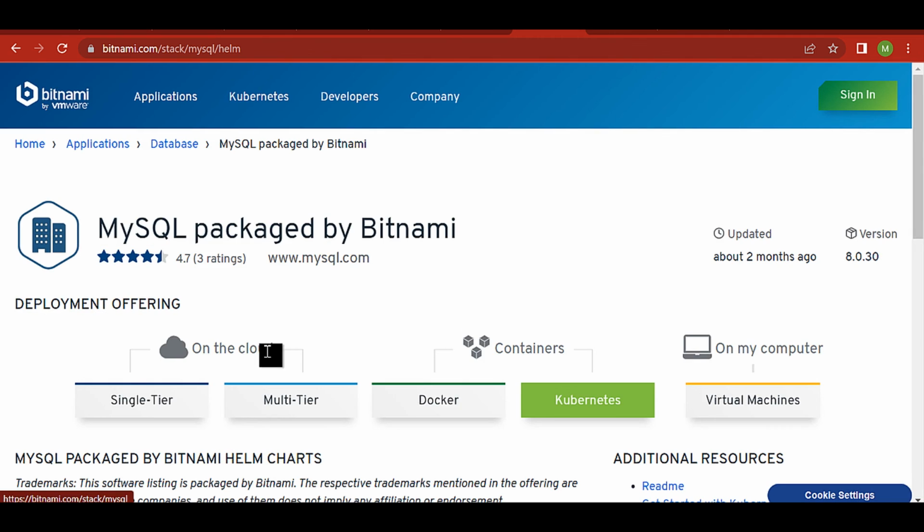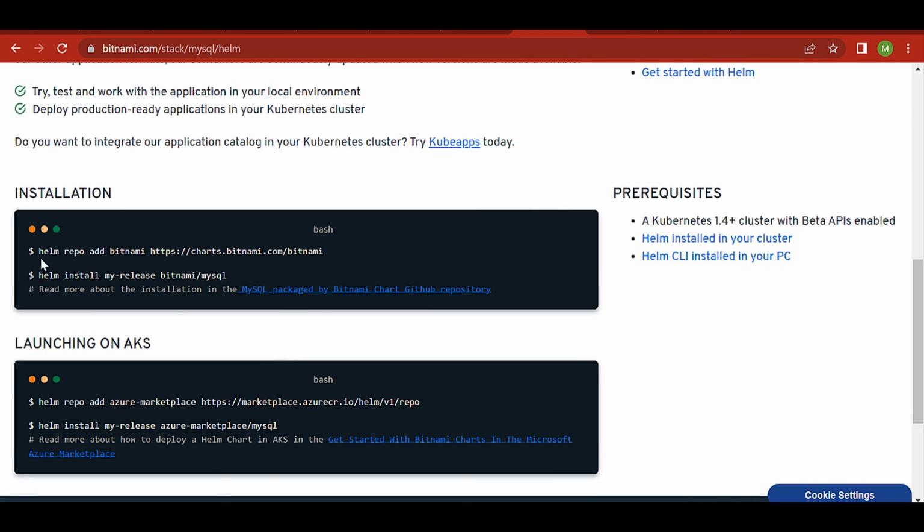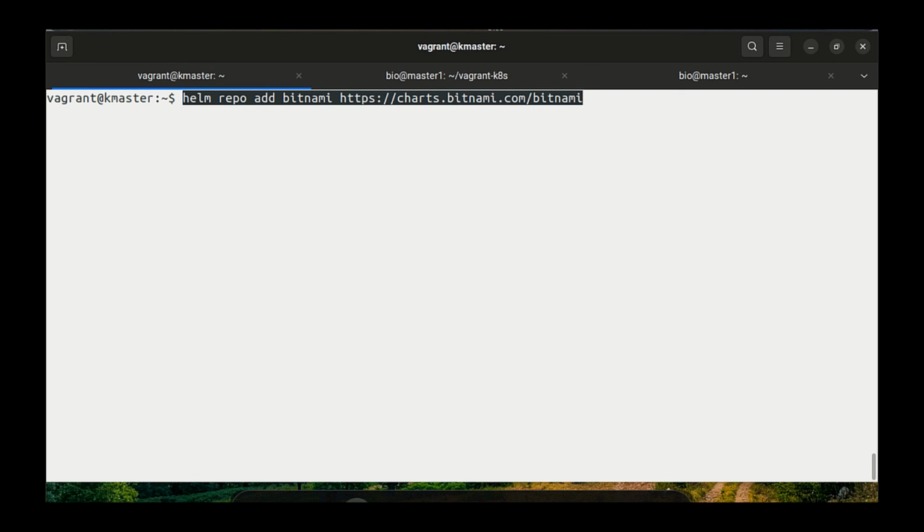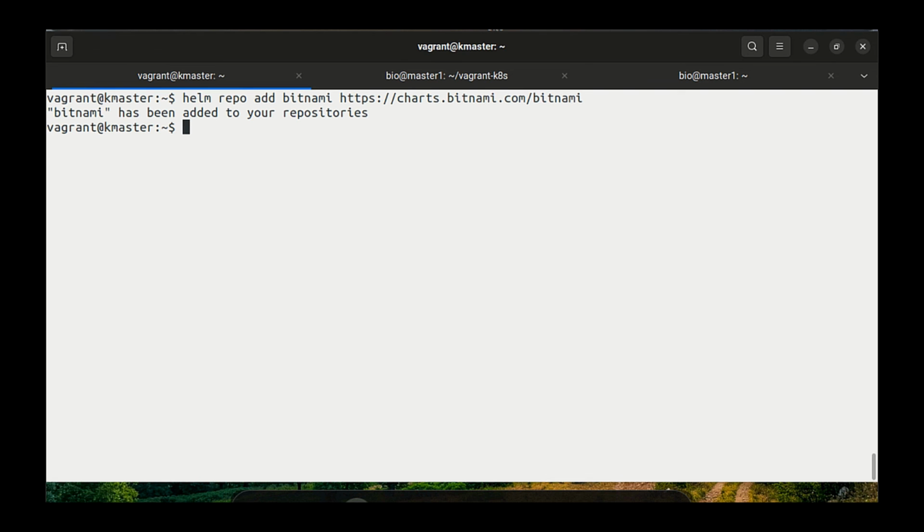Now I'm installing MySQL for testing purposes. I'm using Bitnami charts. First we add the Helm repo. So the Helm repo is added.